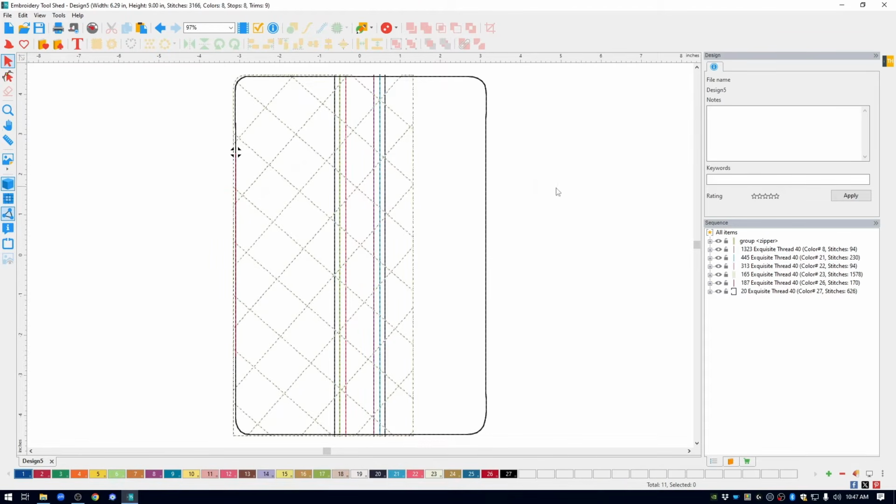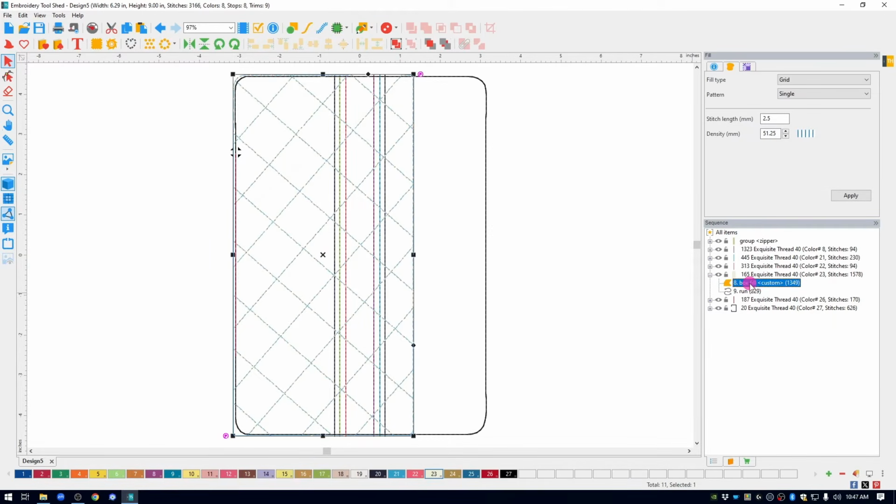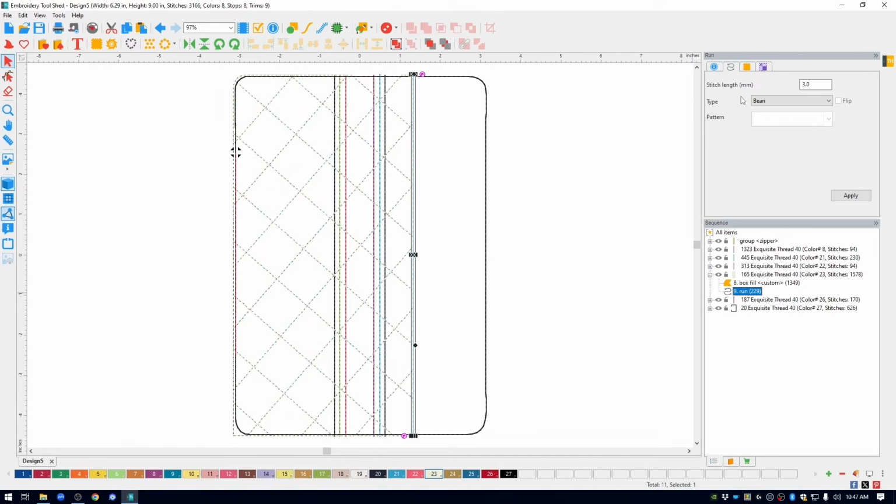Now I'm going to adjust my quilting. In the sequence window, if I click the little plus sign to expand the quilting, you're going to see we have the actual quilting, and then there's a run stitch. And up here at the top, it shows that that run is a bean stitch. All of the bags have a bean stitch or a decorative stitch at the edge of the quilting